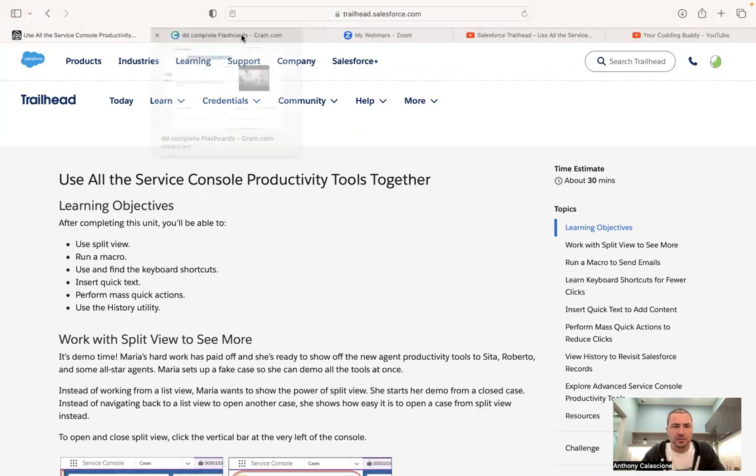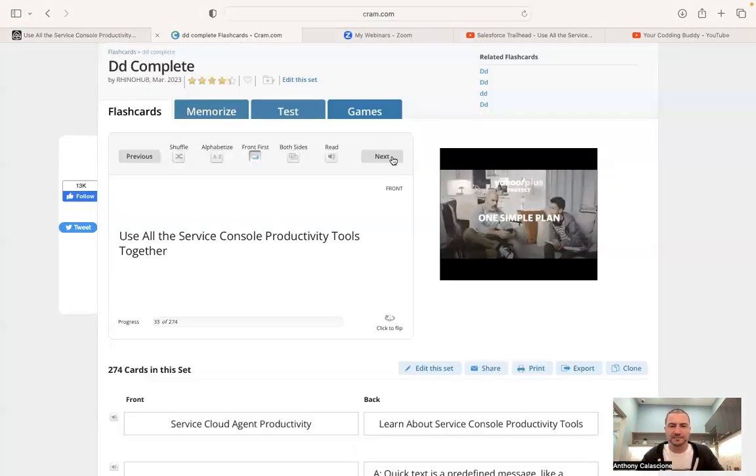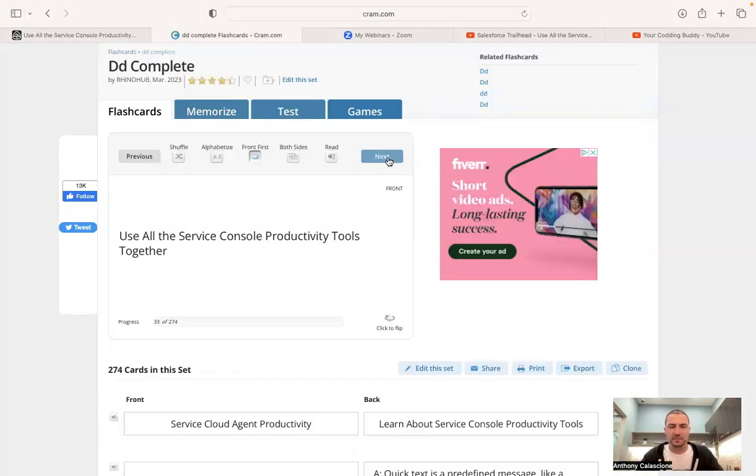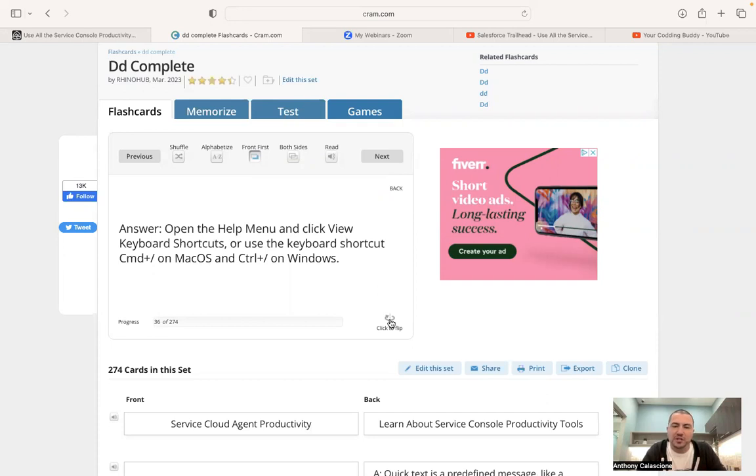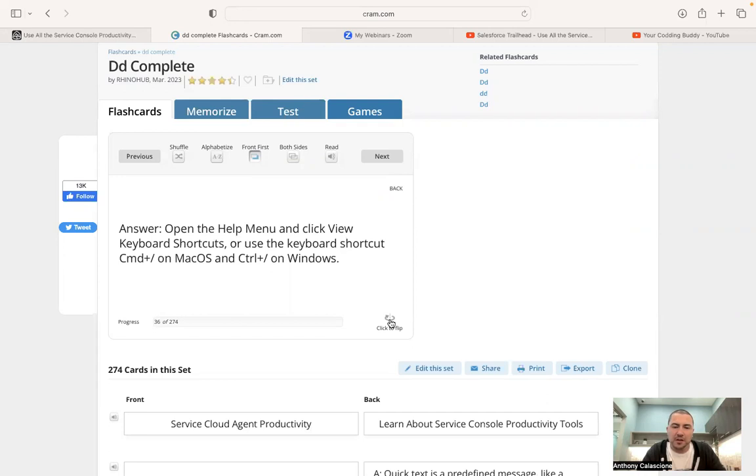We have the note cards, use all the Service Cloud productivity tools together. And let's go. What is the first step to open split view? Click the vertical bar at the very left of the console. How do you run a macro? Click macro on the utility bar, select the macro you want to run, and click run macro. How do you open the keyboard shortcuts panel? Open the help menu and click view keyboard shortcuts, or use a keyboard shortcut, Command plus on Mac OS and